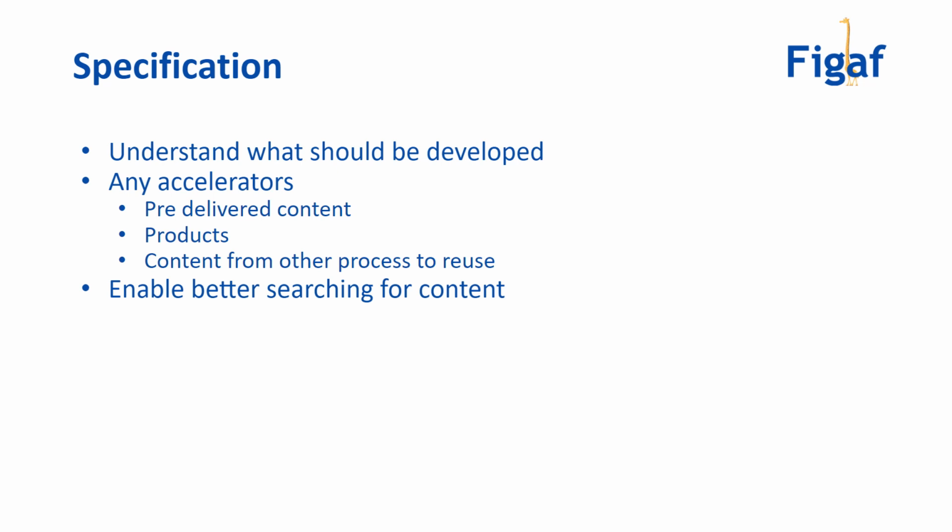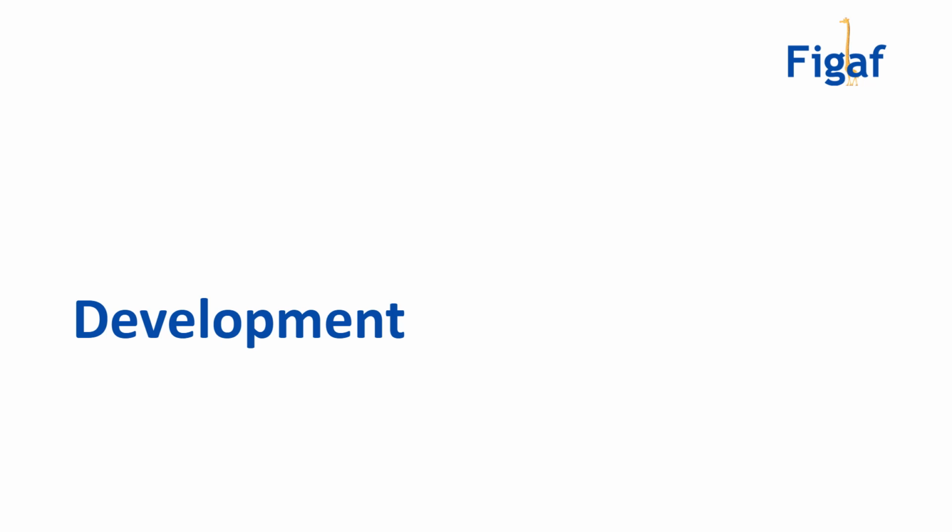And then are there other processes or content from others that you can actually use? I think that would be where the Figaf tool may be able to help. If you have created a Groovy script that will enable you to search for these or do these things, then it may be a good way to actually understand what is going on in the repository. Good. That was the boring part, but I guess really essential for understanding and setting up your integration